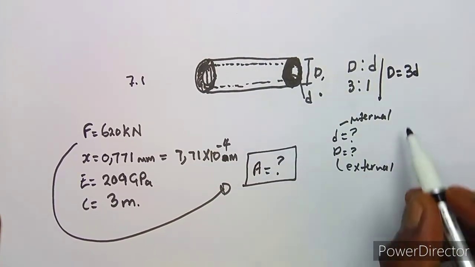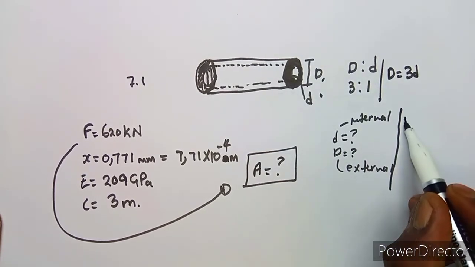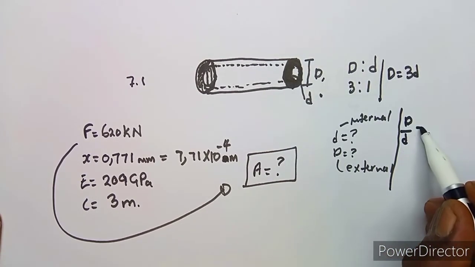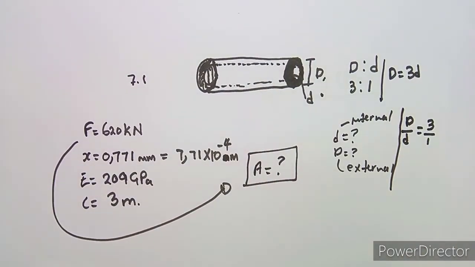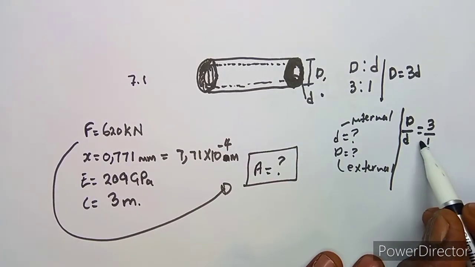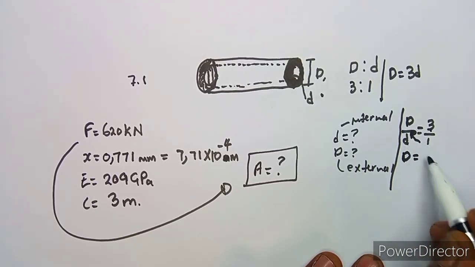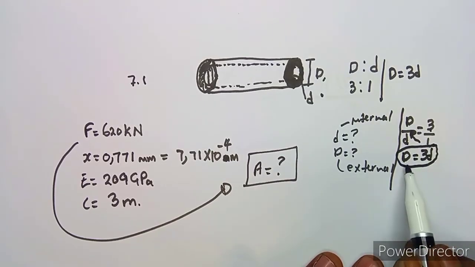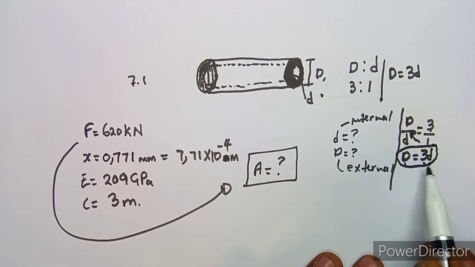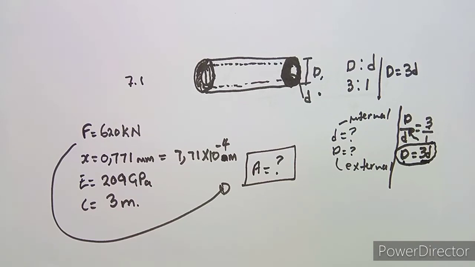Okay, let me put it this way so that you can understand me. When you write D over d like this, it means D over d is equal to 3 over 1. That is what that ratio means. So you can cross multiply: 1 times D, which is D, and 3 times this d, which is 3d. So you have D, which is represented by 3d. So in place of D, you can substitute 3d,